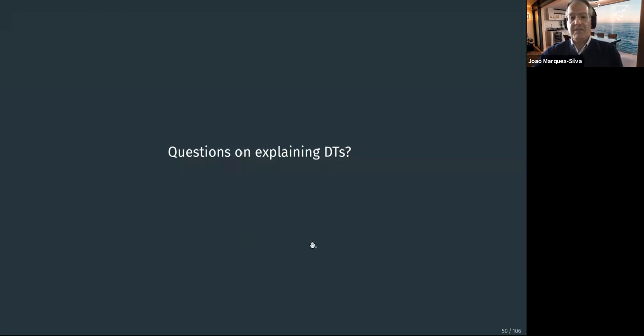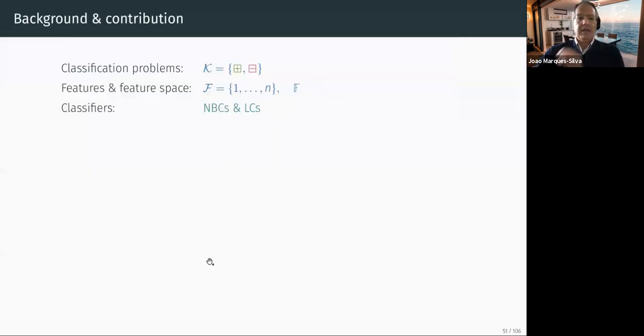Very good. So this is one example of tractability. The second one, we are going to present at NIPS in a couple of weeks. Again, it's the same setup, but in this case, we are going to consider naive Bayes classifiers and linear classifiers. Actually, most of these slides are on naive Bayes classifiers, but the same ideas apply to linear classifiers, okay?